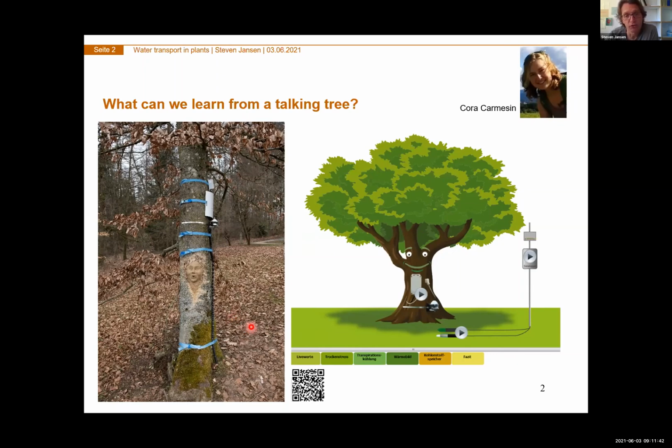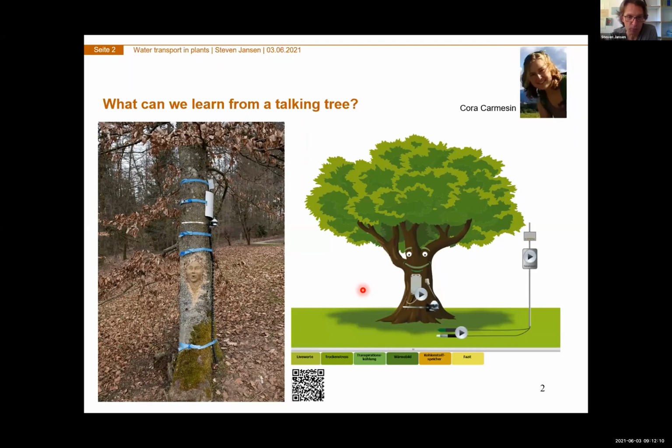We are monitoring and collecting a lot of data, which is, of course, interesting for a whole bunch of scientific questions. We want to see how this particular beech tree is responding to changes in climate, how this tree will respond to the next drought periods we will have in summer. But we also want to reach out to a really broad audience, to school kids and to